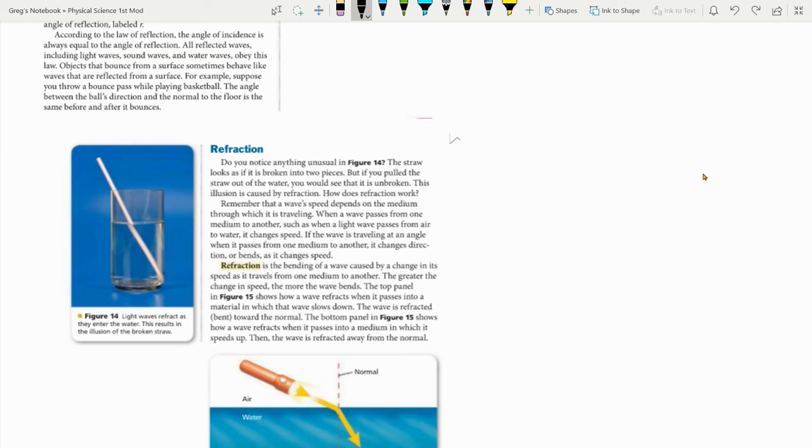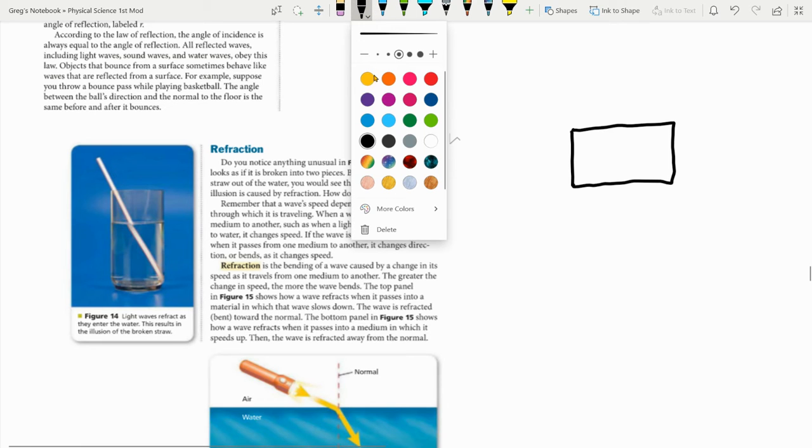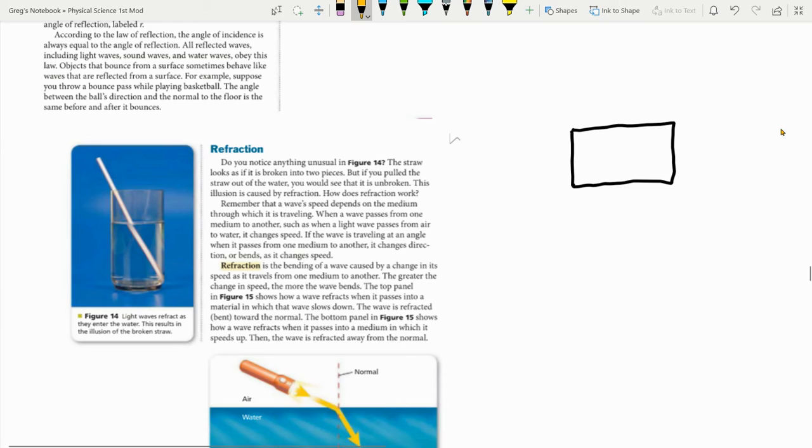let's say I have a block of glass. Okay. Here's my block of glass. As light comes down and hits this block of glass, the light beam is going to slow down. When it slows down, it changes its angle. When it comes out, it's going to go right back and speed up to where it was before. Okay, this is called refraction. When the light slows down, and remember, we have a normal here. Let me change the color for the normal.